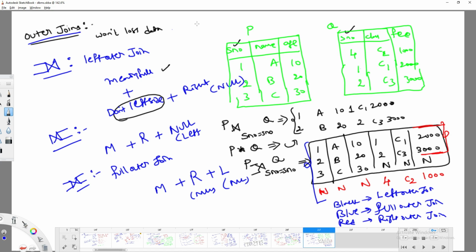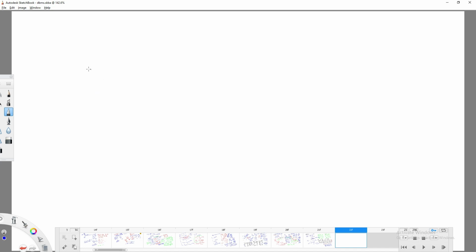For example, if I have a table P having n tuples and Q having m tuples, and I am trying to perform cross product. What is the minimum number of tuples you are going to get? In cross product, the minimum number of tuples is n into m. Maximum n into m.